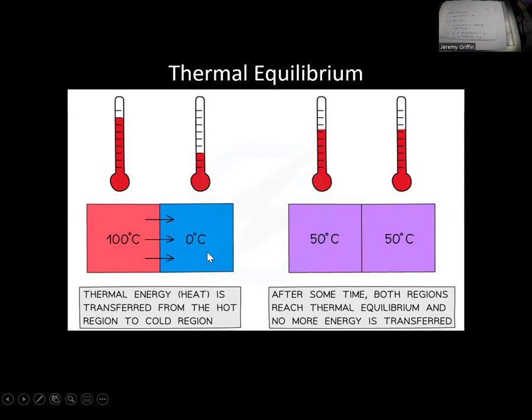Now, the rate that this happens is called Newton's law of cooling. That transfer happens really fast during the first few minutes and then slower and slower as time goes on, and then it reaches equilibrium. And then at that point, the heat transfer stops, right? Now, I'm going to come back to the slide later because you would totally expect to go from the left picture to the right picture, but what you would never expect to see is to go from the right picture